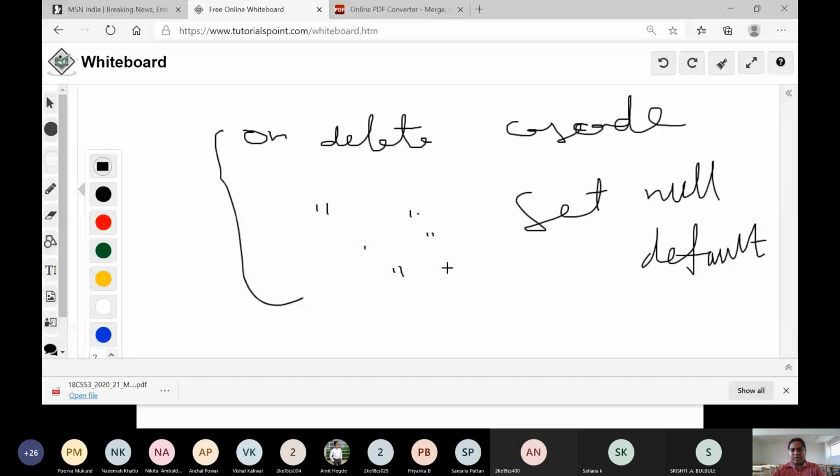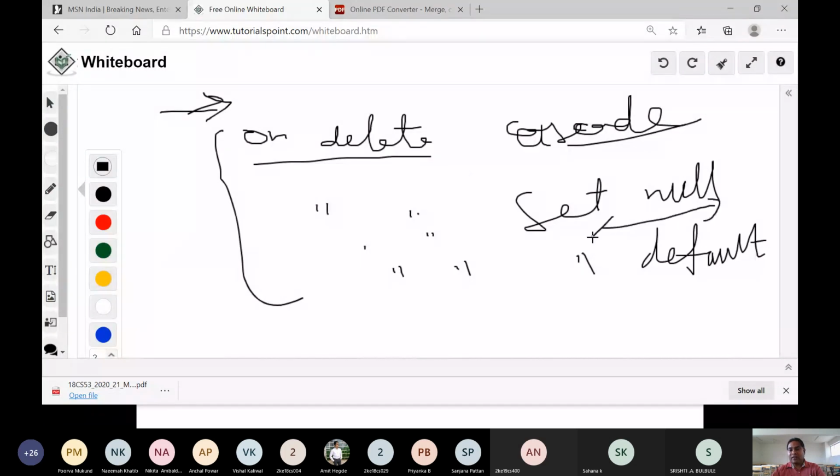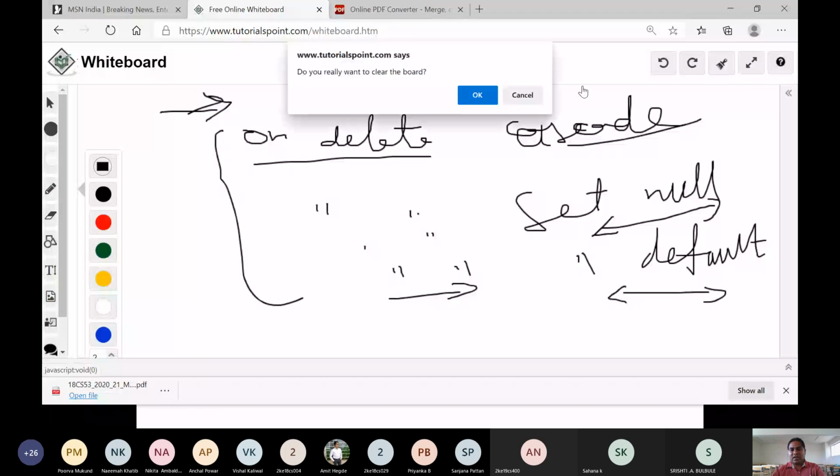Now what does cascade mean? What you are doing for the primary key, do the same for the foreign key. If I delete the primary key, the foreign key also deletes. With set null, if I delete the primary key, my foreign key will turn null. With set default, if I delete the primary key, the foreign key will be set to the default value. Okay? Understanding?